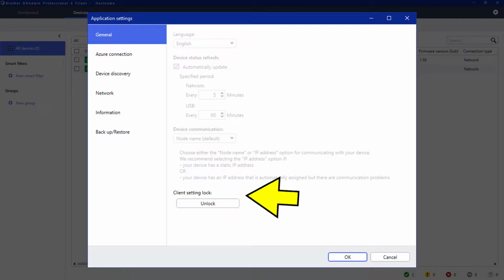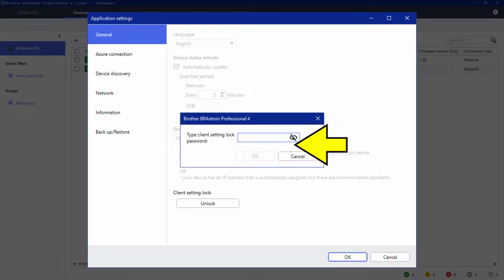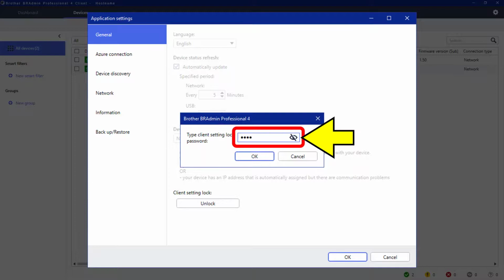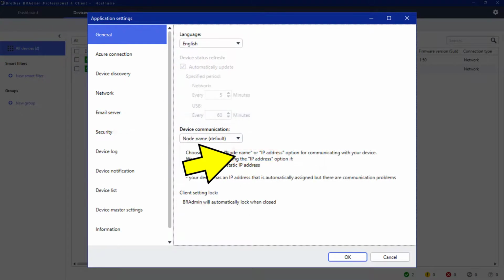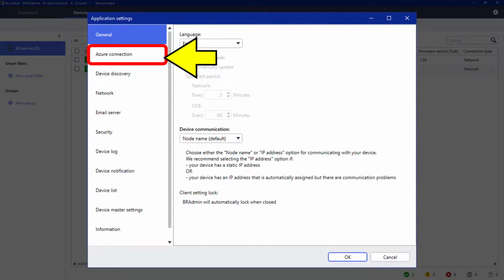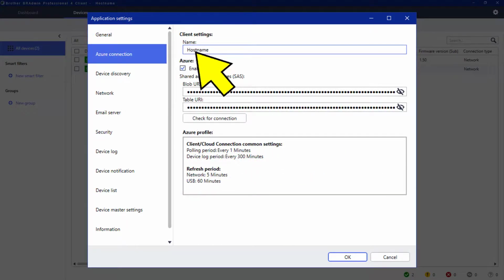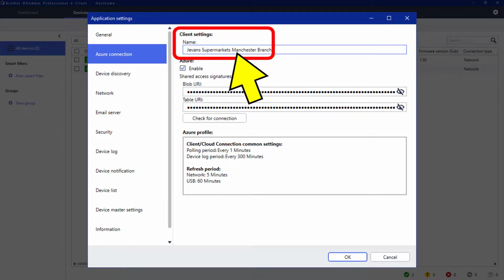Since BRadmin is locked using the password I created earlier, I need to click the Unlock button and type the password. After clicking the OK button, I now need to click the Azure Connection tab, which will allow me to change the client's identity from this to this.